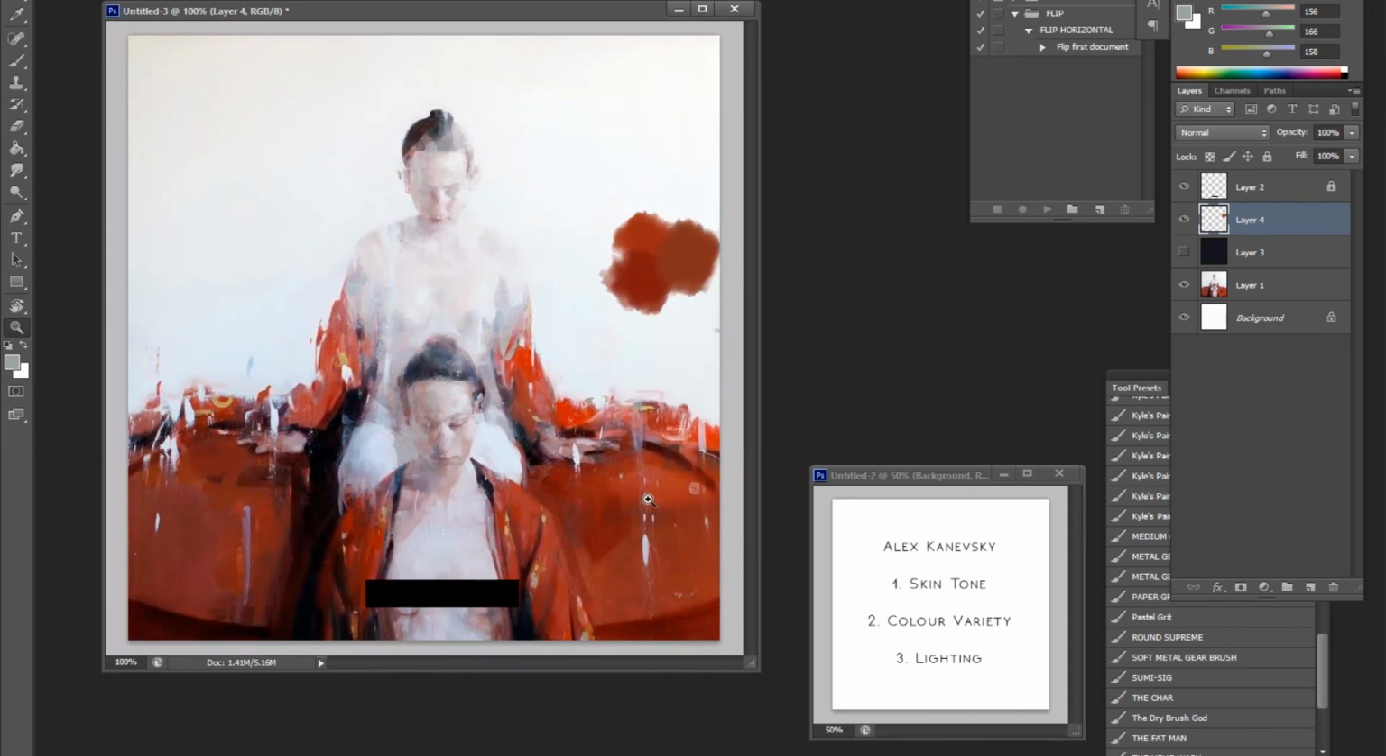Now, lighting. So, lighting, I won't go over too much because I will be overlapping with other videos, but I want to go back to this green here. In fact, there's a blue here too on the left side. Why did Kanevsky put these colors in the predominantly red hued piece? The feeling of light is